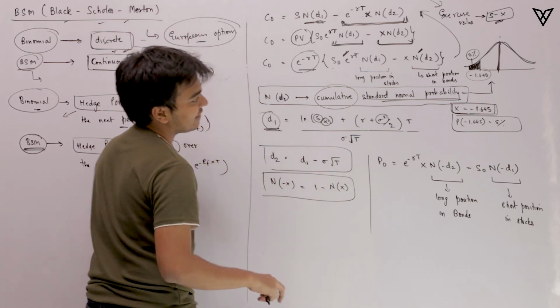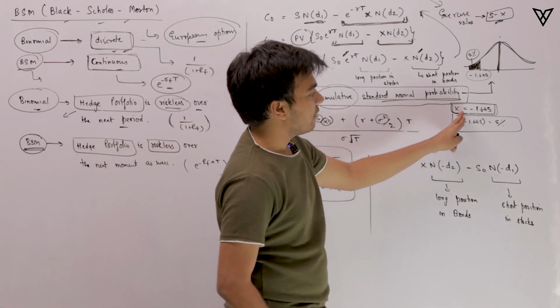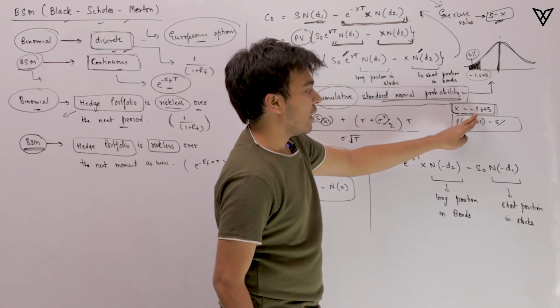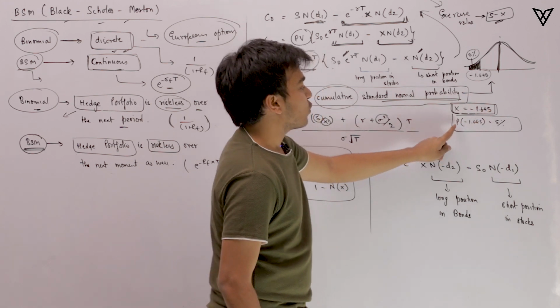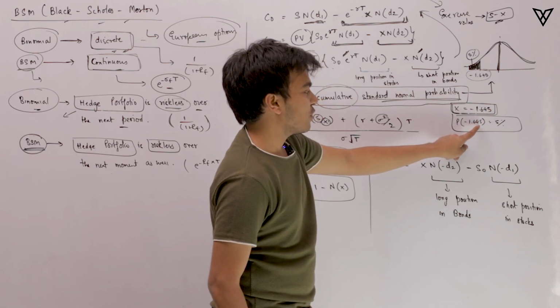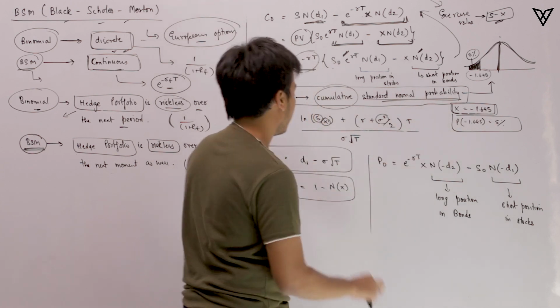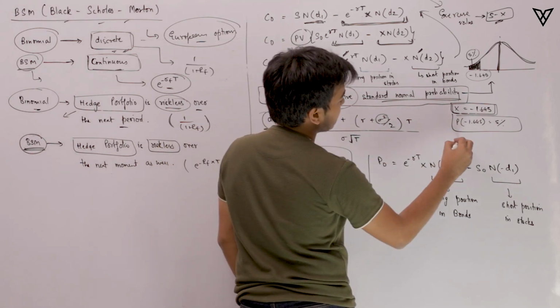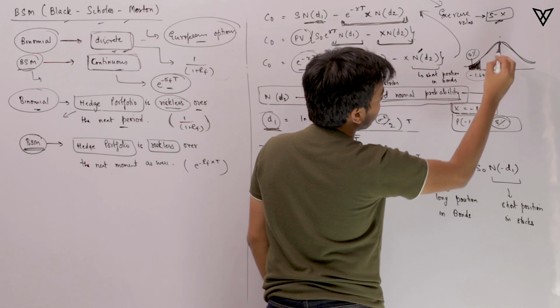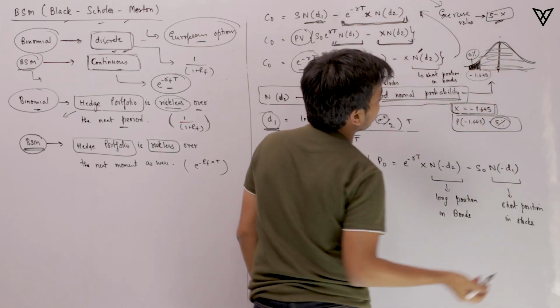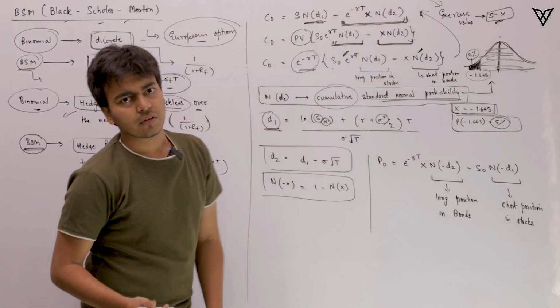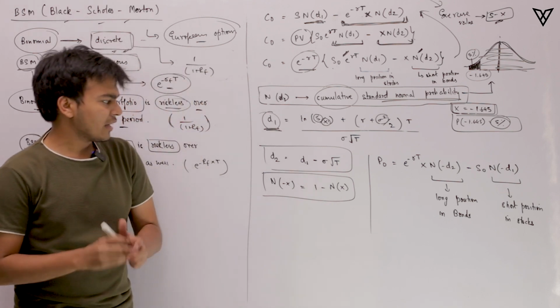Say for example, here in this case, if we had x as minus 1.645, then N of minus 1.645 was nothing but 5%. So what we need to understand is, if this is 5%, the other part would be how much? It would be 95%. That is what this particular line is telling us. So that is pretty simple.